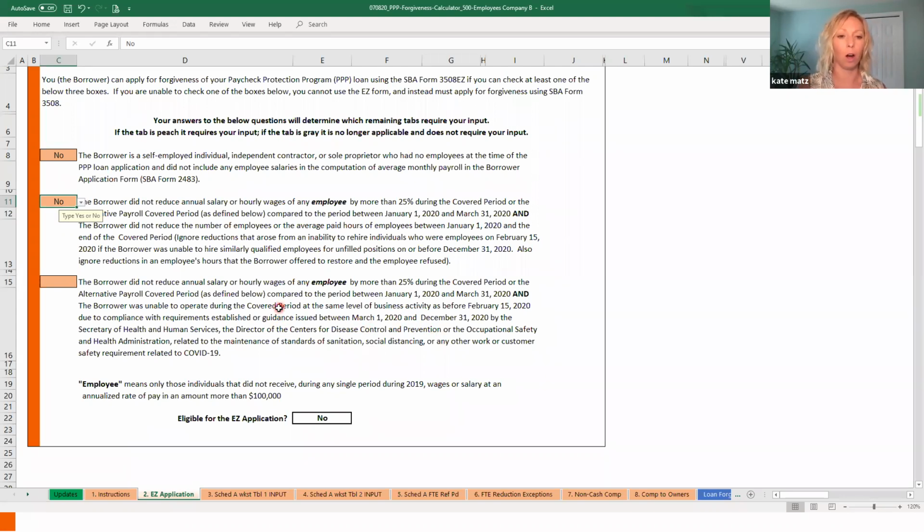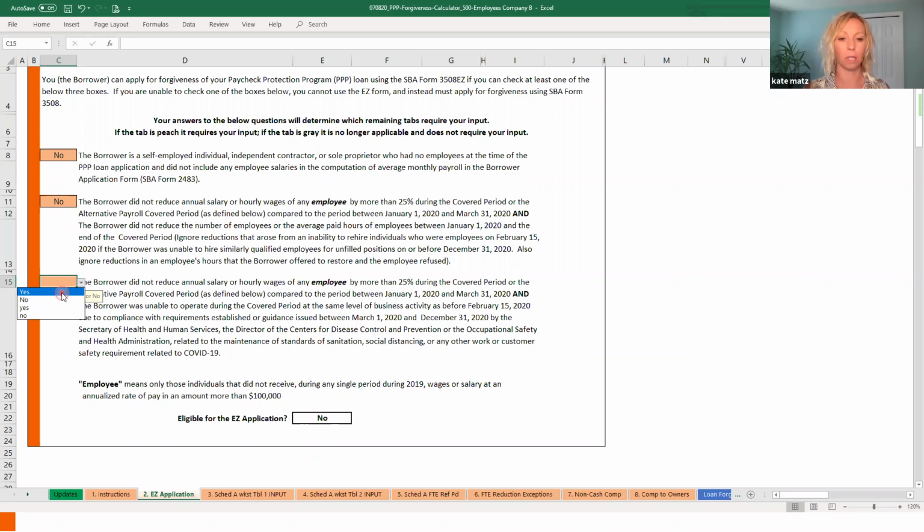Now, those are all federal agencies. There has been some guidance that's come out interpreting that subsequently that has expanded that to mean it's not just federal agencies, but if you were following state or local orders or guidance, that counts as well. So this does meet the fact pattern of our company B. So company B, they had reduced the level of business activity because of social distancing guidelines issued by their government. So we're going to mark yes here,